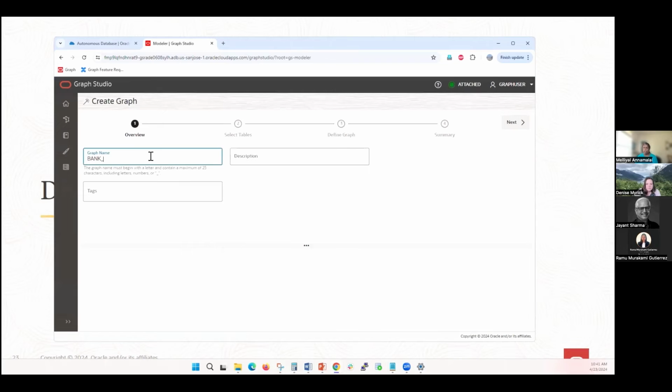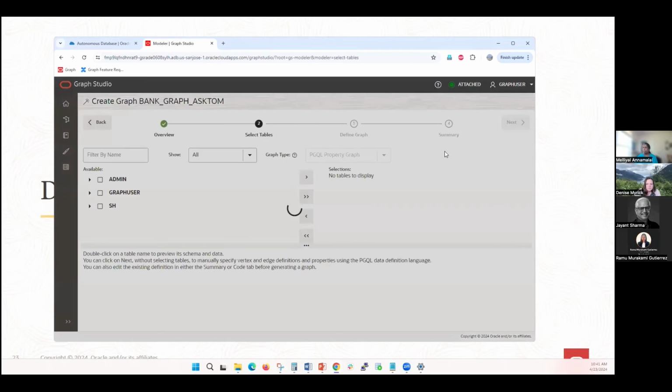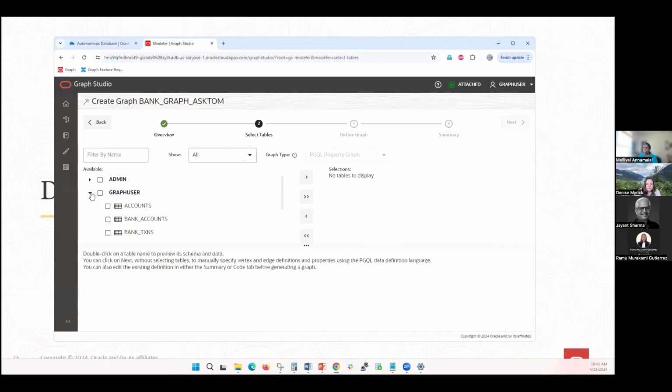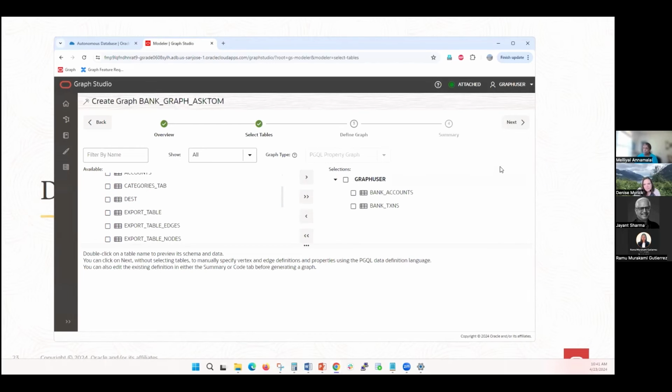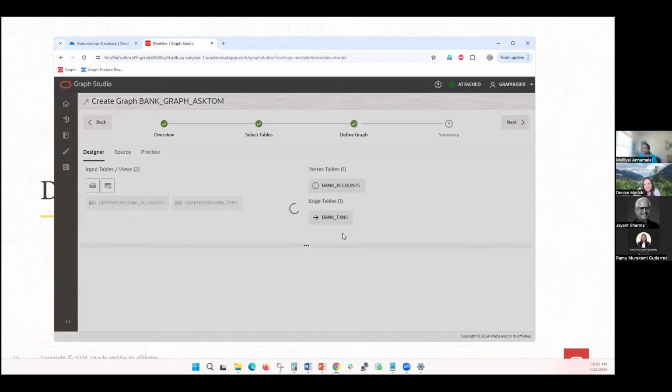I can say bank graph as Tom. And then I can go ahead and select the tables that I want to include as part of this graph. So like Denise is working with the bank accounts and the bank transactions table. I'm working with those two same tables. And then when I click on next,